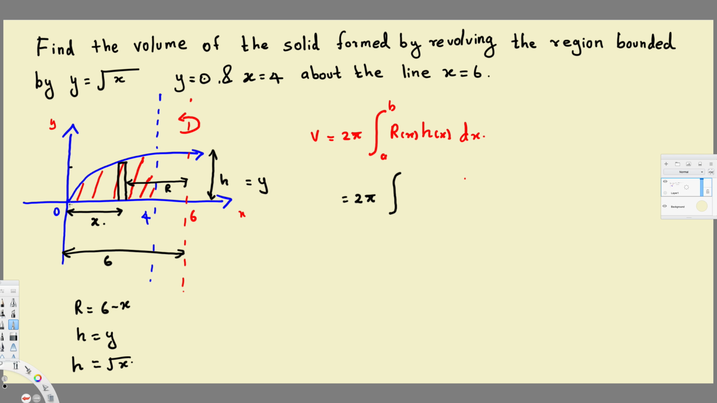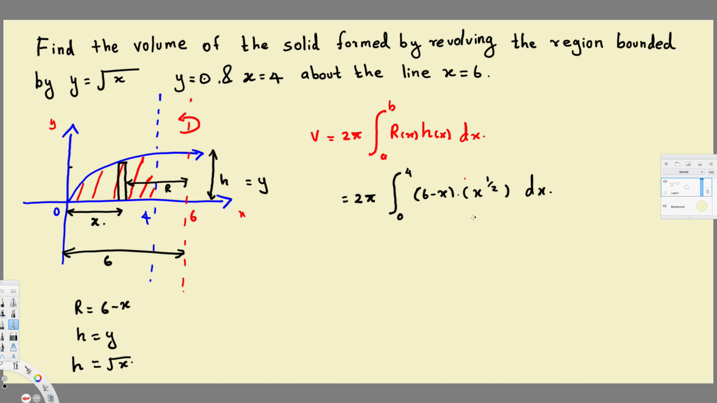So that's starting from 0 and going until 4. So that's going to be the limits of integration. So this is going to be 0 to 4. And we know the radius, that is 6 minus x. And we know the height, that is root x. We can write it as x power half